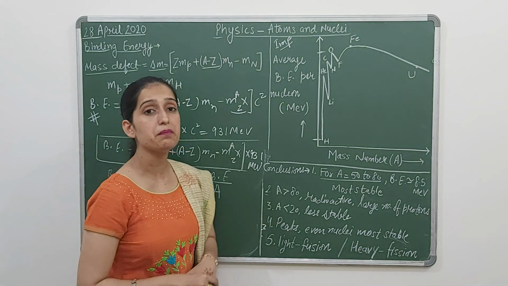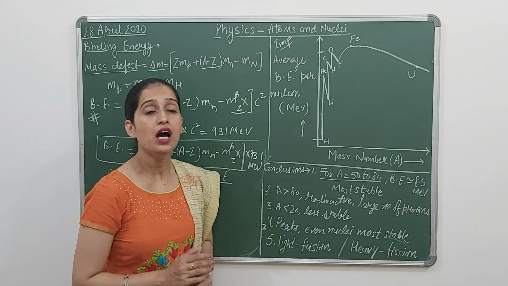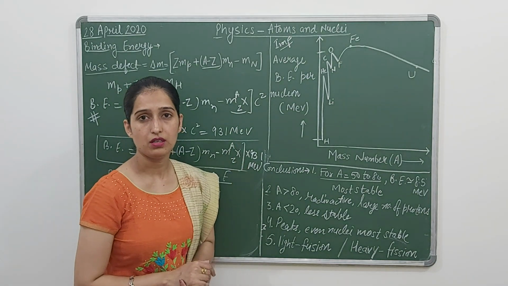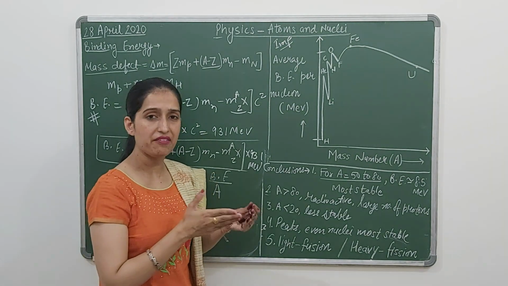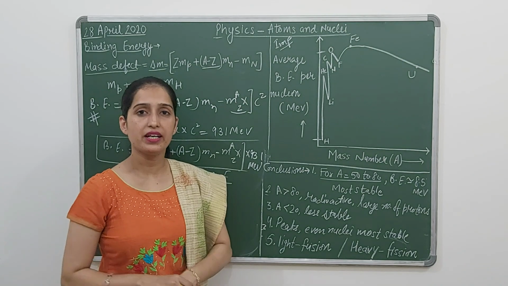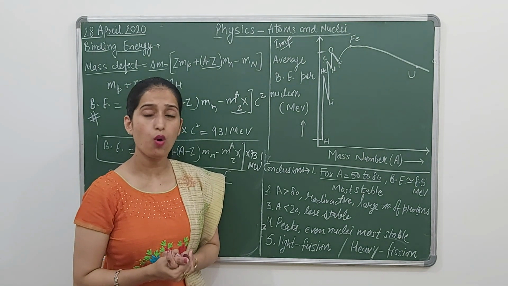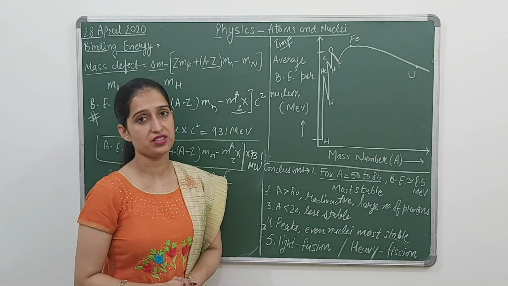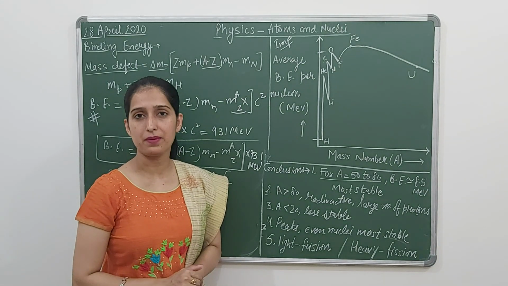And what's the reason behind that? Because in heavy elements we have hundreds of protons. I am saying 100 on average. Few are having 90 plus, few are having 110 plus. So with so many protons, all having positive charge, they are repelling each other.